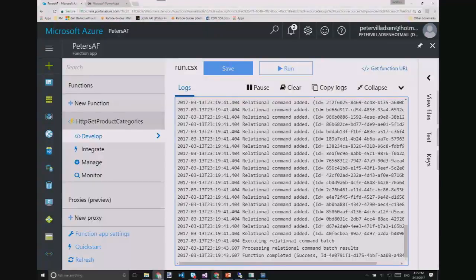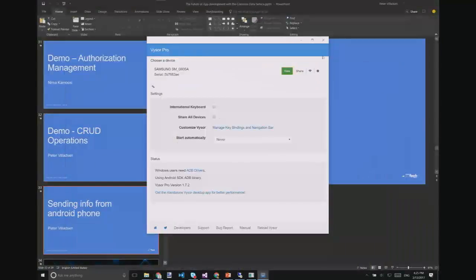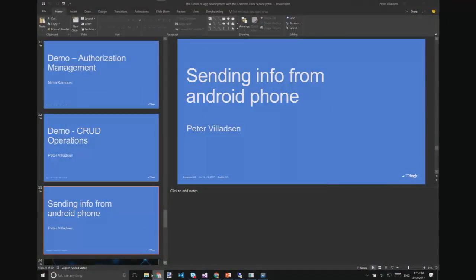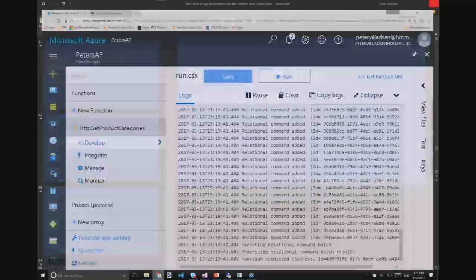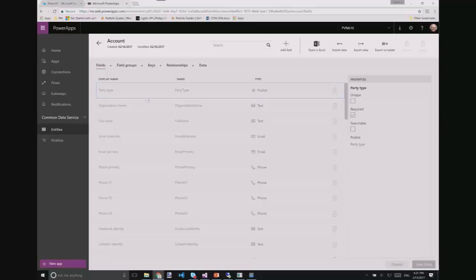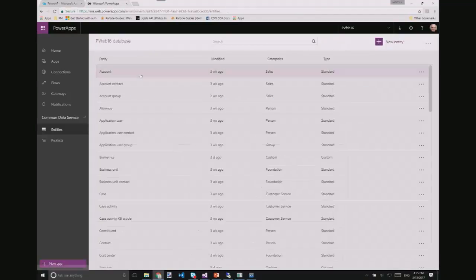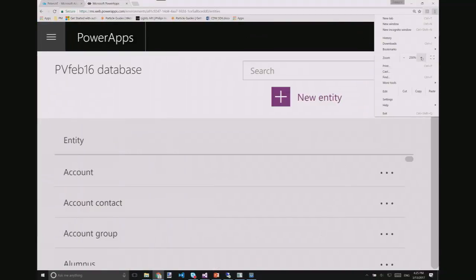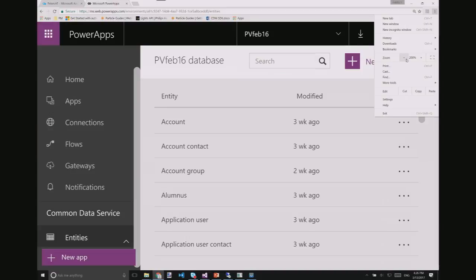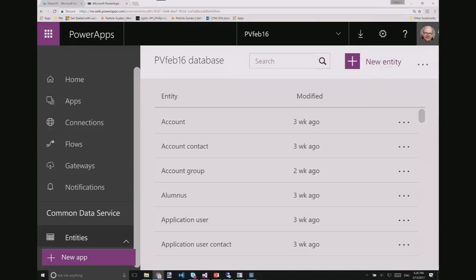So, if I go into my, get rid of this, go into my, get rid of that. Here, go into my, and I know you can't see it, but I will. Okay, that's too much. It's also too much.